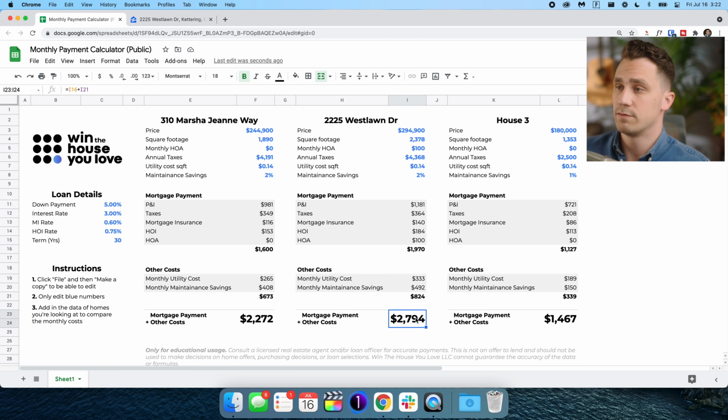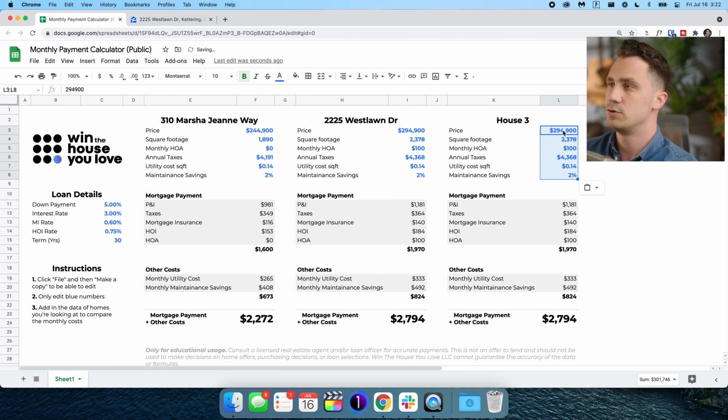And so the difference here is actually from $2,272 to $2,794 with these as well. Okay. I'm not going to do a house 3, but what you can also do is use this to compare offers. Keep these numbers the same and take a look at, well, what if we offered 310 on this home?